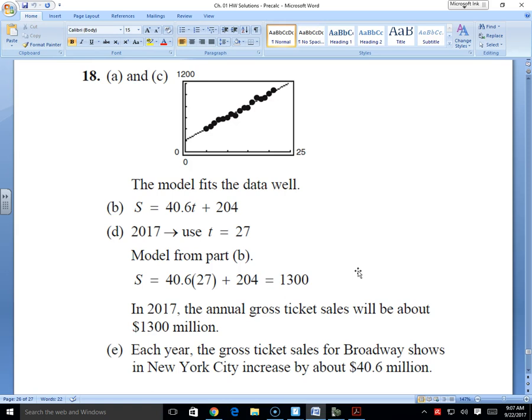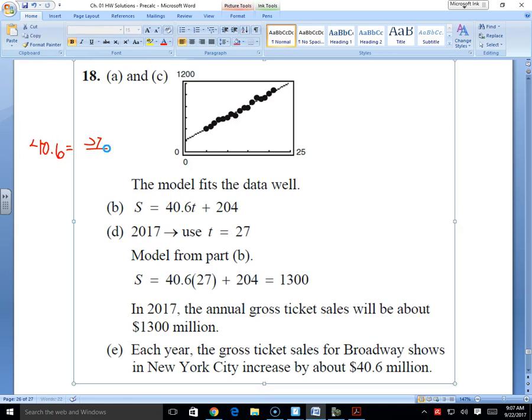Last but not least, bless you. Letter E, I said you could skip until today if you didn't quite figure it out. Letter E said, I think, help me out. Interpret the slope? Something like that? Okay, what's the slope of this equation? If it was y equals mx plus b, what's the slope? Okay. And 40.6 equals change in y over,